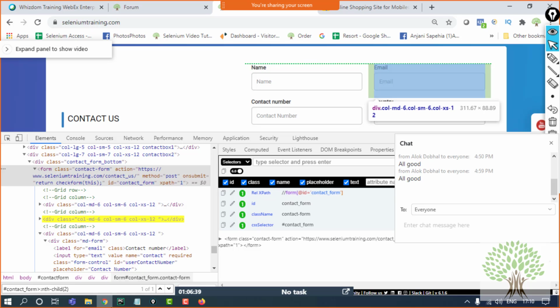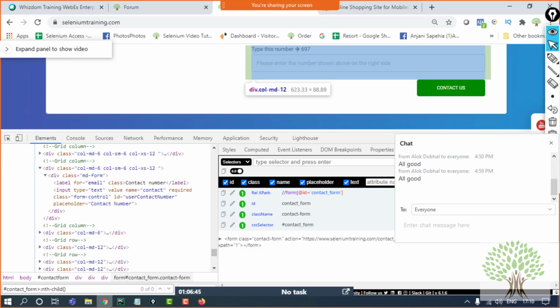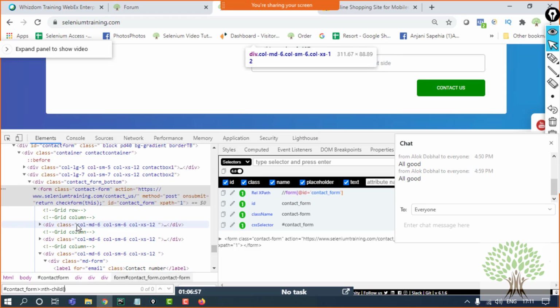If I write 2, then it goes to 2. Likewise 3, 4, without even bothering what the tag name is, it's just going to take the numbers itself and extract that element itself. So which tag name do I want to access? It's the third one. So I'll just give nth child 3.